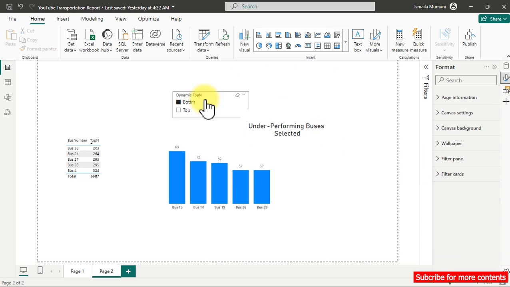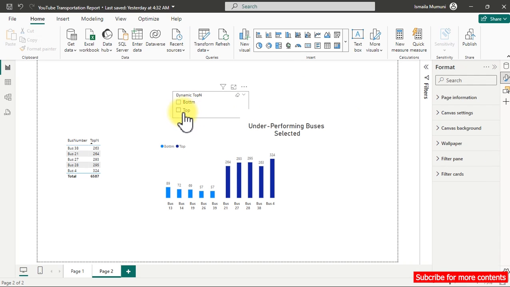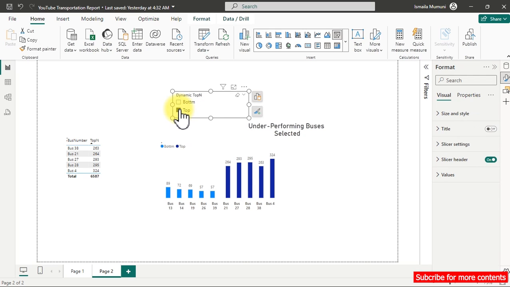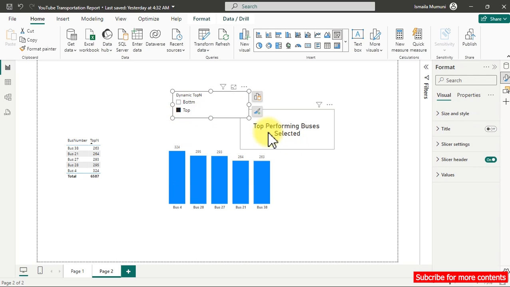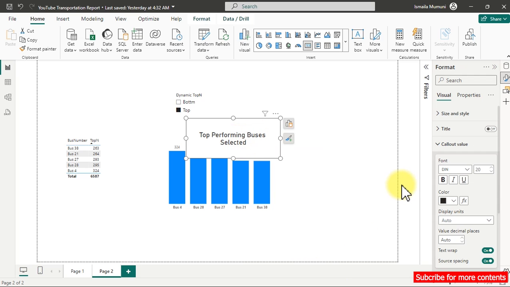Now take a look at it. We have bottom selected and it's giving us underperforming buses selected. When we select top, what is going to happen? Top will definitely give us performing ones. Now nothing has been selected. This is what we have. Let's select something here. So top performing bus is selected. This is what it's going to be like. So if we go back,